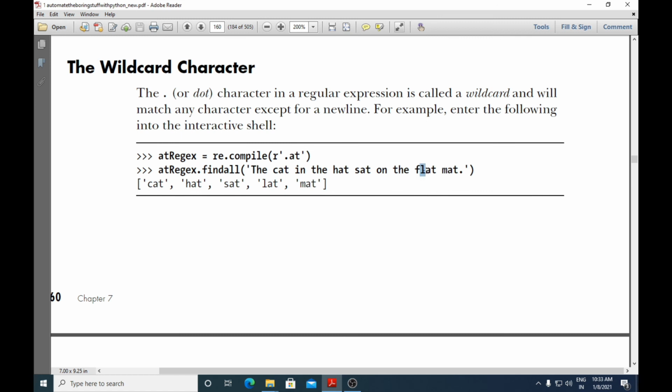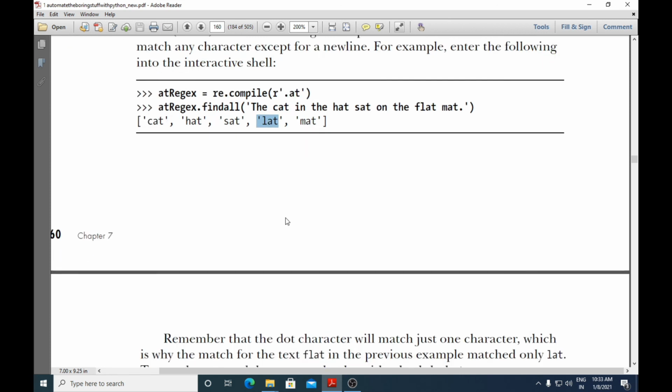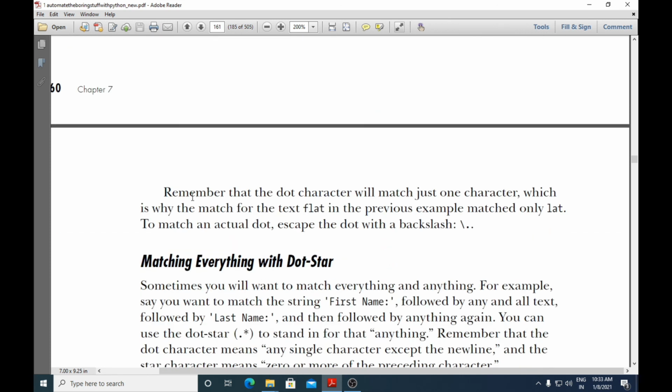It will not take f; it will only match one. The others are not a problem, as they have one character apart from at. But flat had two characters apart from at, so it will match only one character and return the string as lat.